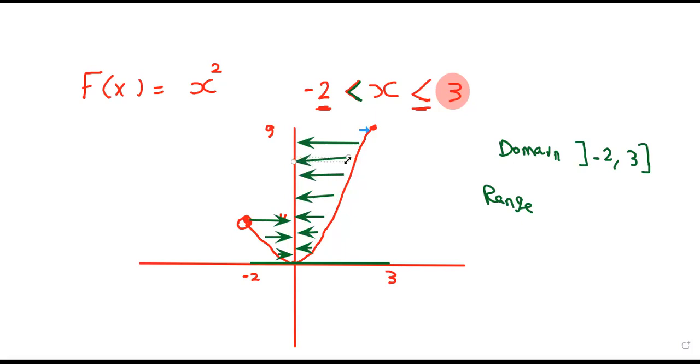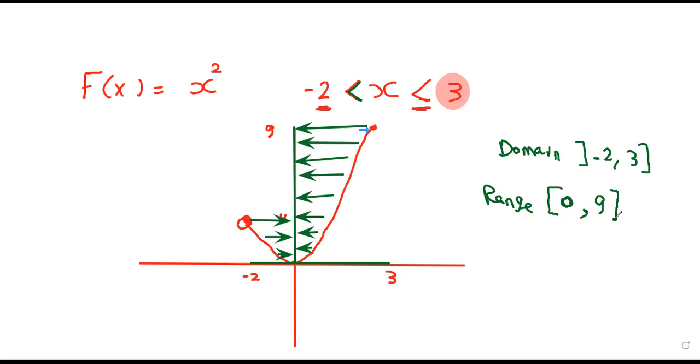This is the meaning of the span of y for all values of x. So the range starts from 0, going up to reach 9. So the range is 0 closed, till reaching 9,